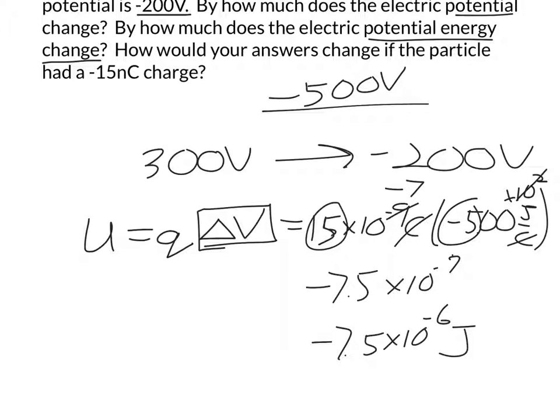By going from high potential to low potential, this object is losing potential energy, or converting it to kinetic, I suppose. Okay, how would your answers change if the particle had a minus 15 nanocoulomb charge? Well, if it has a minus 15 nanocoulomb charge, then going from high potential to low potential is actually an increase in potential energy, because